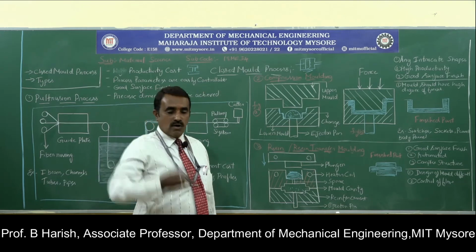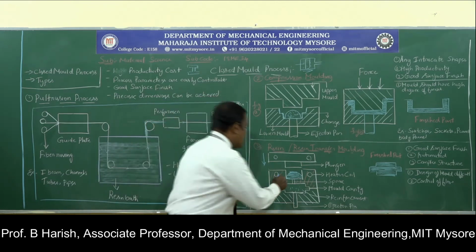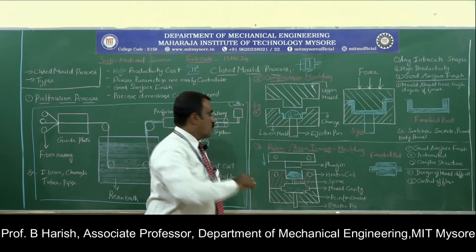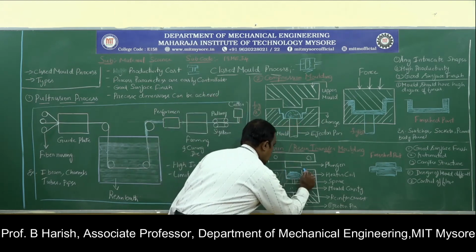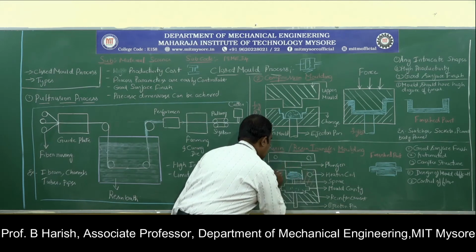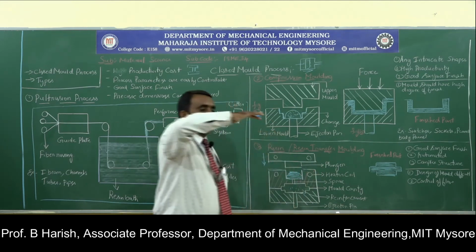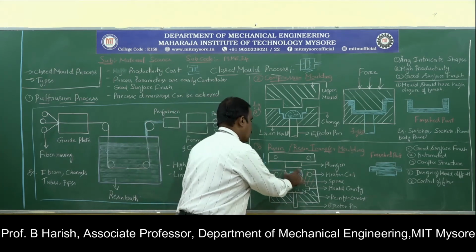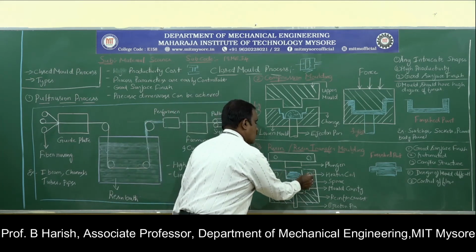So the plunger is moved downward. When the plunger sits here and we move it downward, this edge and this edge should touch exactly on this surface. So we push the plunger in the downward direction. As you push here, you can see these heater coils.